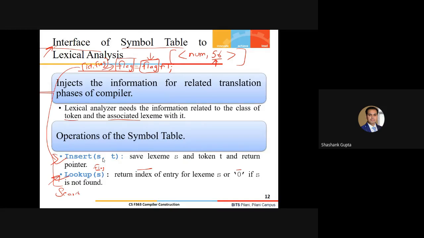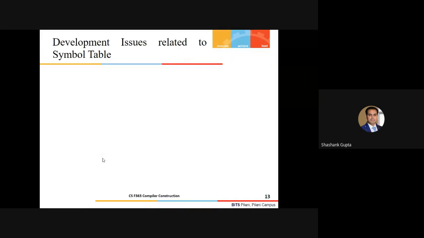If you recall, just a few minutes back we were discussing one important issue which the lexical analyzer needs to handle: how to recognize keywords and identifiers separately. Can anyone answer at this point?